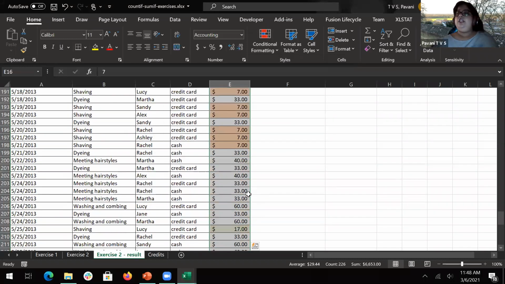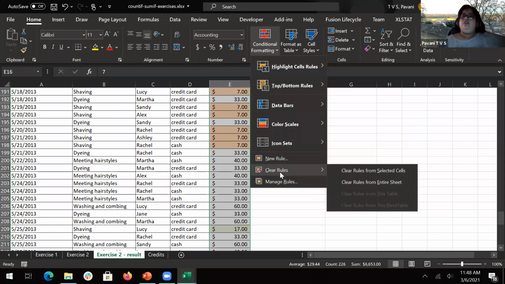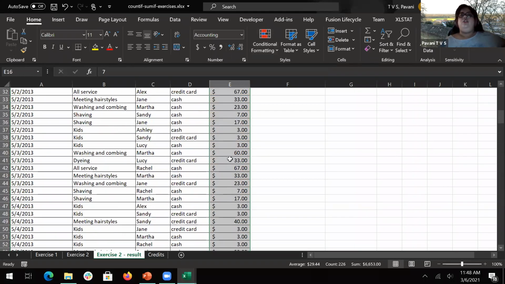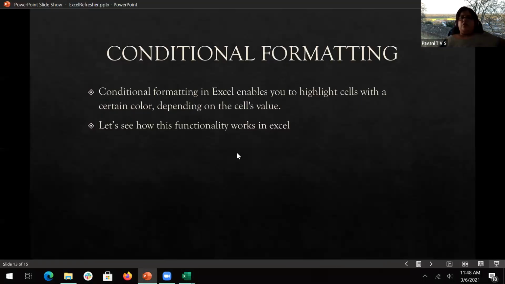Between 7 and 30 and top and bottom. So this is how you can play around with it, different conditions, different things. It depends on, again, your requirement, like I'm reiterating myself. So you can clear the conditions also from the column which you have given. So that's how you do the conditional formatting.